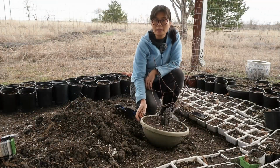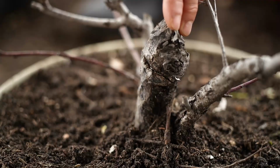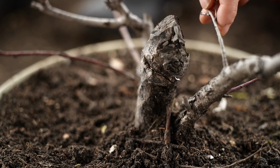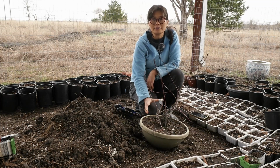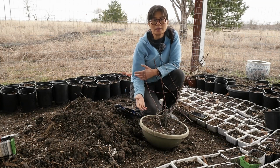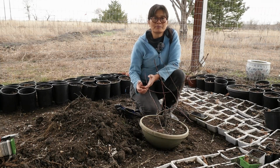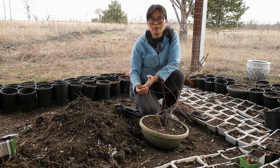In front of me is a peach tree that I grew from seed. It's still in the pot because I want to make a bonsai tree out of it. The peach tree has lost all its leaves. It's in dormancy. We're in early January of 2023, and although it's a kind of weird time to plant seeds, the middle of winter is the best time to put the fruit tree seeds in the pot or in the